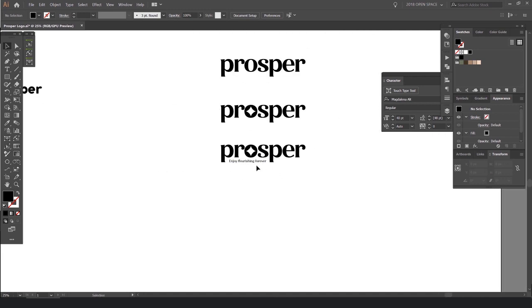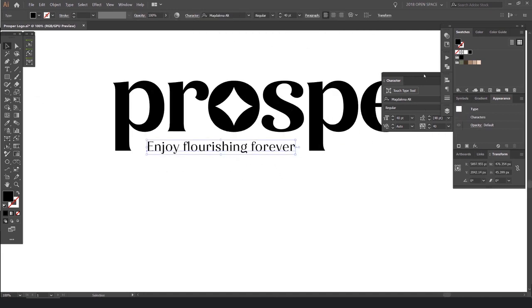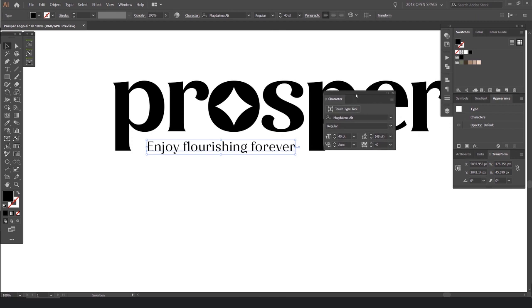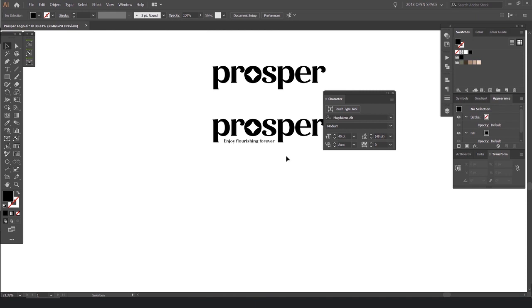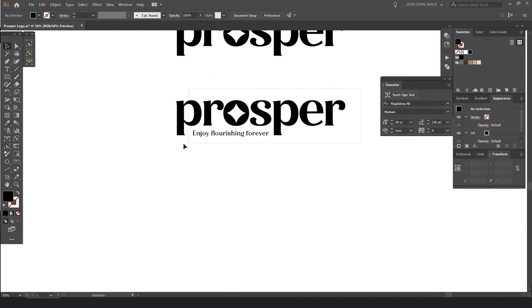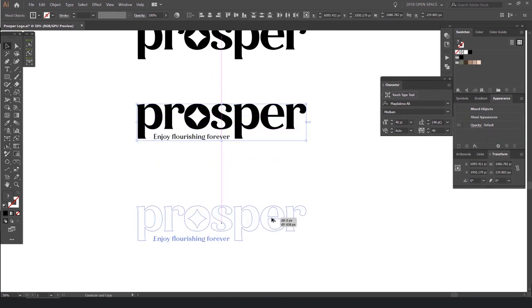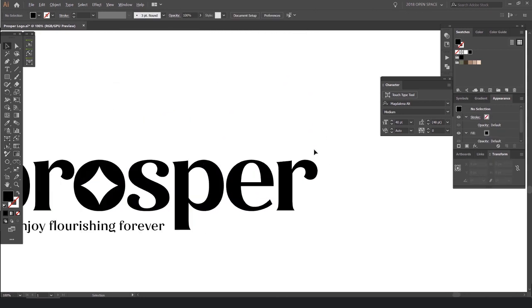I feel like the contrast is too much and it won't be readable, so I'll bump up the weight. So go back to your character panel, click on the regular in the drop down menu, and I'm going to click on a higher weight. I'll probably go medium. That feels a bit better. So that's looking awesome. Now I'll make a duplicate first,